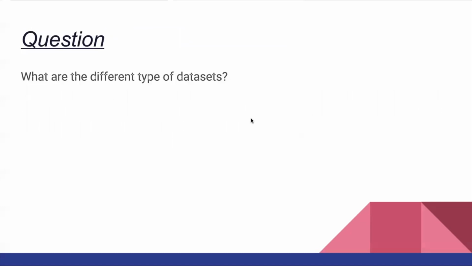So here comes a question. As we studied the types of datasets, what are the three different types of datasets? The three different types of datasets are record, ordered,